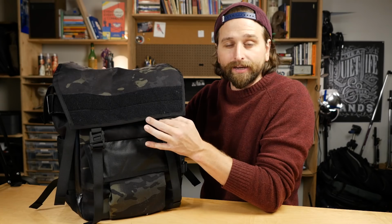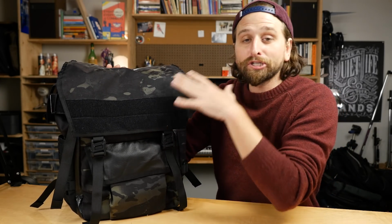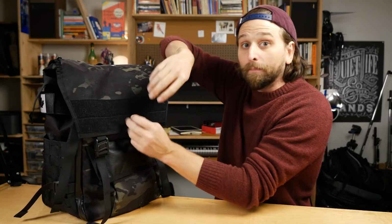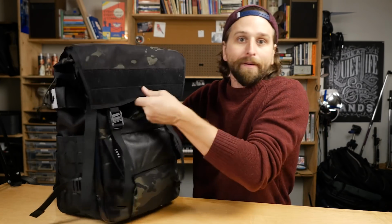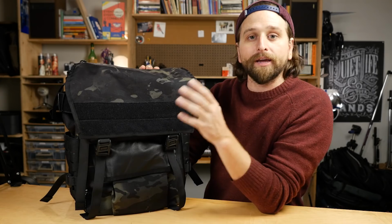I've seen something like this, I think, on a couple other bags, but I think they work awesome. But more than that, with a Rolltop bag, for me personally, I care so much how that mechanism works. I don't want to have to fiddle with an actual belt buckle to open it up, right? I don't want to have to do a lot of work when I'm getting into my bag, in and out and in and out, when I go to the cafe and I need to get my computer or something like that, right? So the mechanism on the Rolltop is something you really need to look at and make sure that it's something